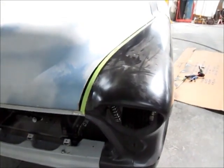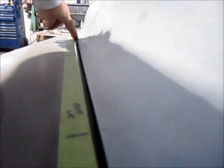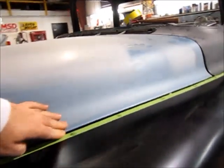Okay, the fender's now bolted back up to the truck, as you can see, and as I showed you earlier, it had this big drop back here. It's hard to see, but I mean it drops quite a bit. And of course I've cut this other side and tacked it back together. Now look, that's right where it should be. The only issue I have now,